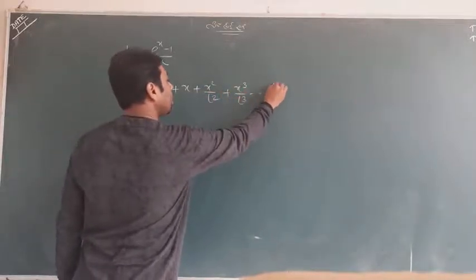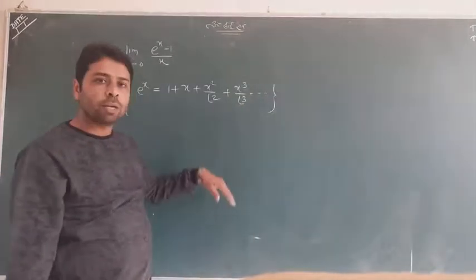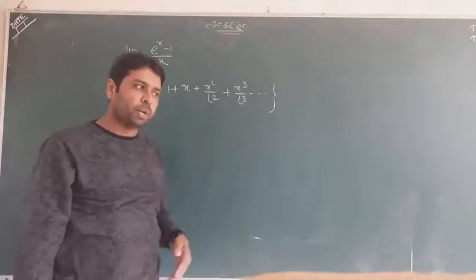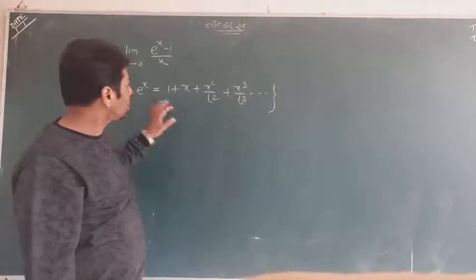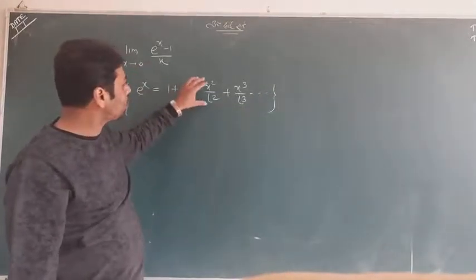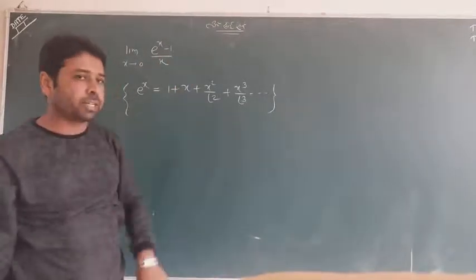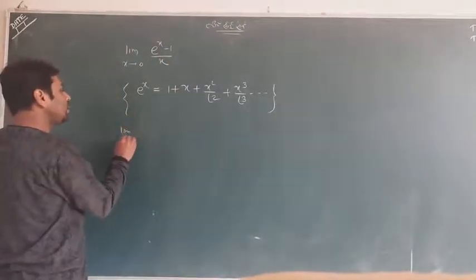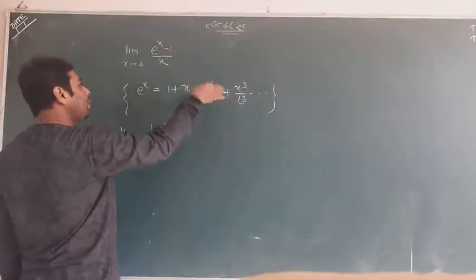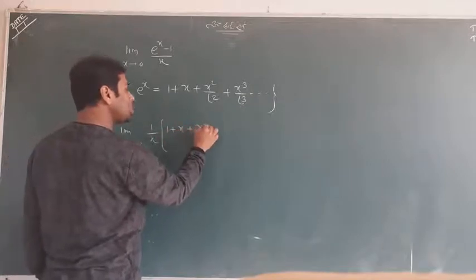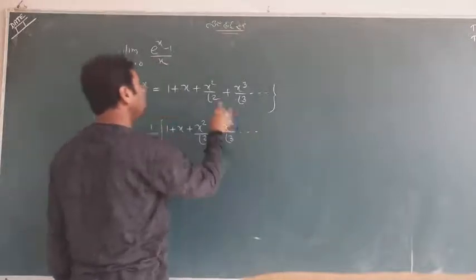I know you have seen this for the very first time, but remember it for further classes. This is the series of e to the power x. This will not come in the exam, don't worry. You just see it for understanding. So this is a series and I am using it here. This x I am writing outside. e to the power x has a long series: 1 plus x plus x square by factorial 2, x cube by factorial 3 and so on. And this is minus 1.